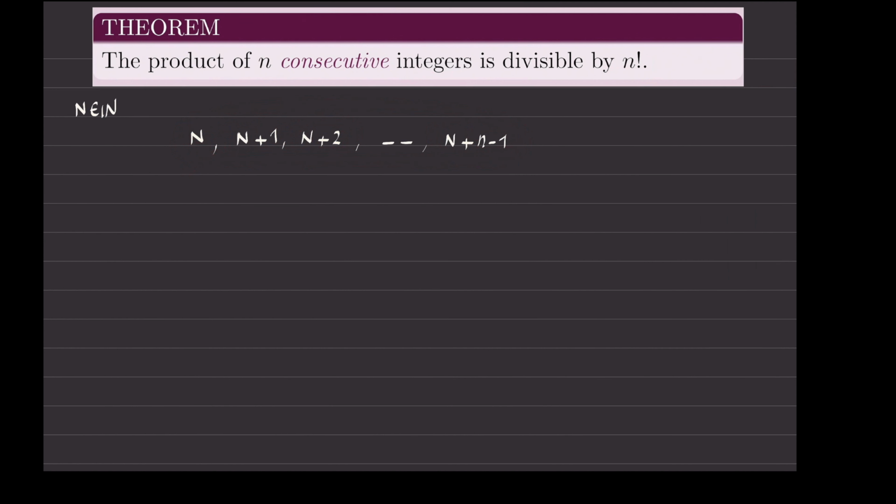So let us do that. I want to multiply them. So what will I do? I will multiply this n by the next number, and then I continue multiplying them until I reach the last number. Okay, my claim is that this is divisible by n factorial. In other words, I want to show that if I divide this by n factorial, it becomes a natural number. This is my goal. Okay, how can I do that?